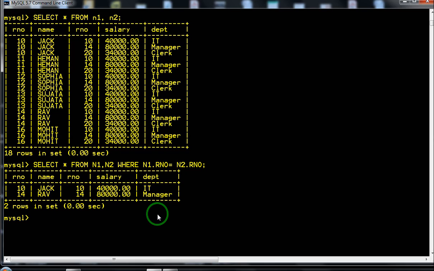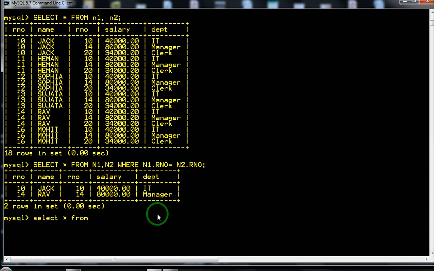If you are using any operator other than the equal operator, such as greater than or equal to, less than, greater than, or not equal to, such joins will be called non-equijoin. So non-equijoin performs join using an operator other than the equal sign, like greater than, less than, or less than or equal to. Let me show you with an example.